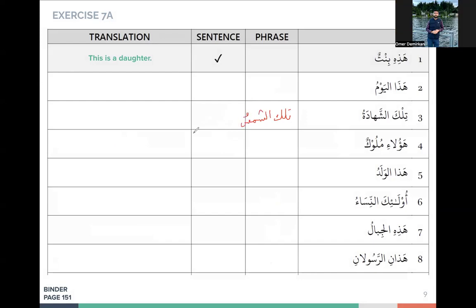Okay, so what do you want the adjective to describe? The shams. Yeah, the shams. Okay, so what if you want to say that it's beautiful? Would it be like jamilatun or jamilun? Well, you tell me. Is shams masculine or feminine? So I'm assuming if we do it based on shams, it would be feminine. It is. Is that right? Yes, but so how is it going to look like? Tilka shams? تلك الشمس جميلة